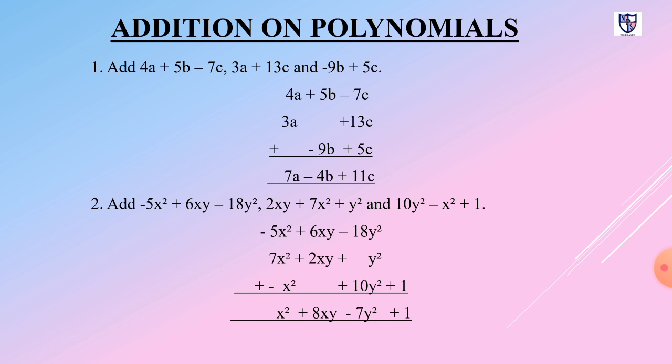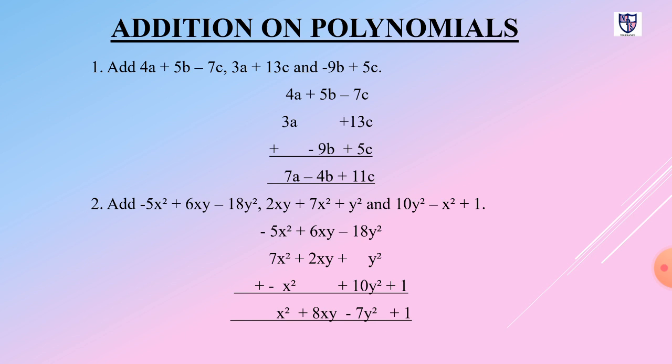Going right, plus 5b and minus 9b. Again we have two different signs. When we have two different signs, then we have to subtract the smaller term from the larger term and follow the sign of the larger term. And here the larger term is 9b and its sign is negative. That's why we have to subtract 5 from 9 and we get the answer 4, and the sign of it is minus, that's why we get minus 4b.